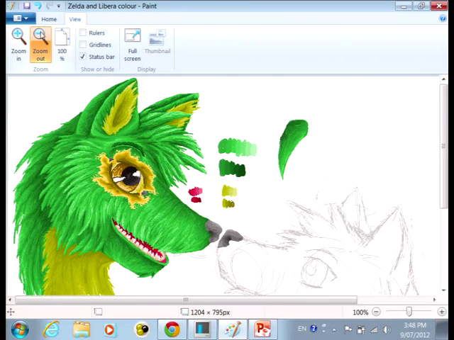Like I've been drawing wolves, foxes, whatever you want to call that, for a very long time, so I can draw one straight off the bat, no problem. But when someone says to me, hey, draw me a goat, for example, I'd be like, I need reference images, or llamas.